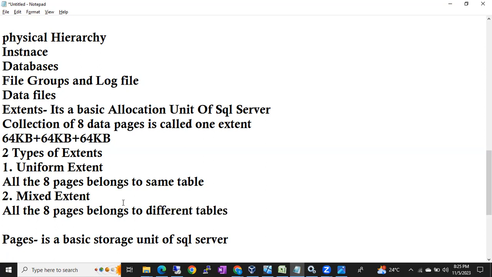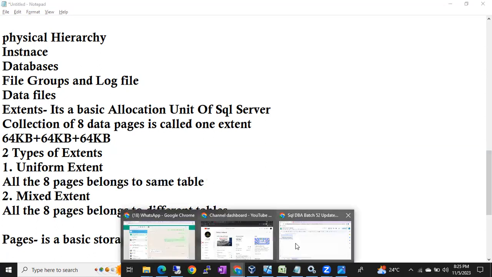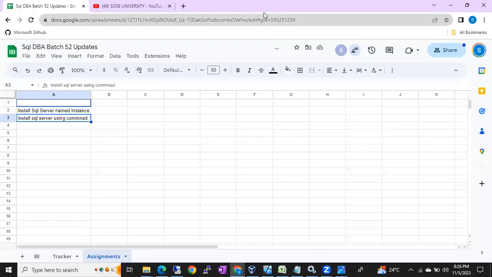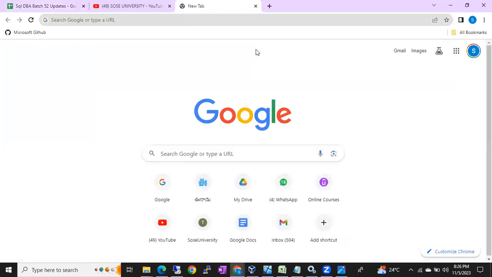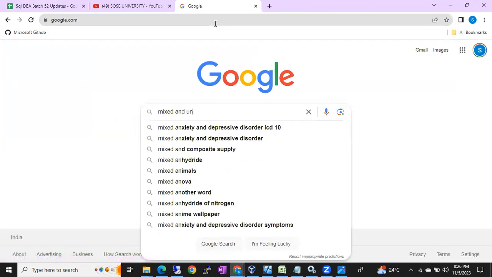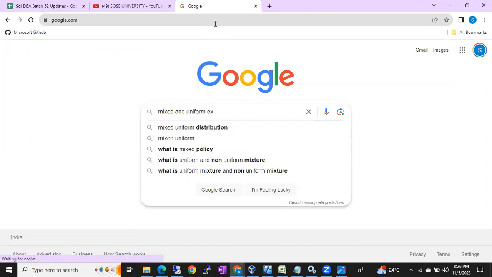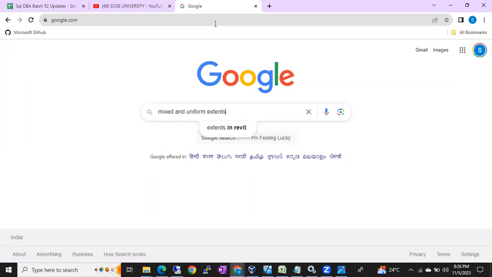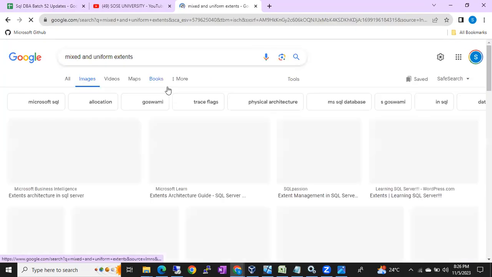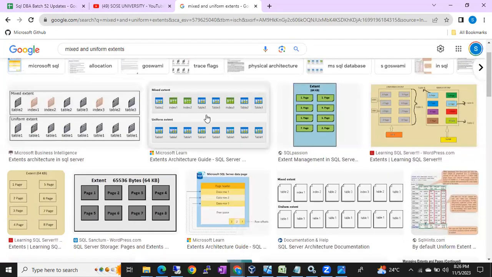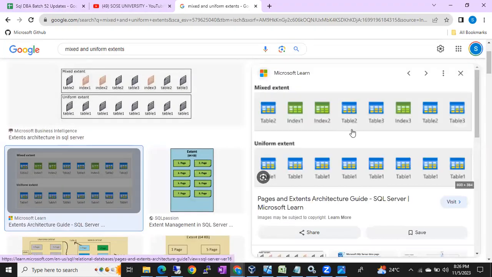If you can see the diagram here, let me show you the diagram. So Control plus T will help you get an extra tab. Google mixed and uniform extents. Okay, so go to images. Right, if you see here,